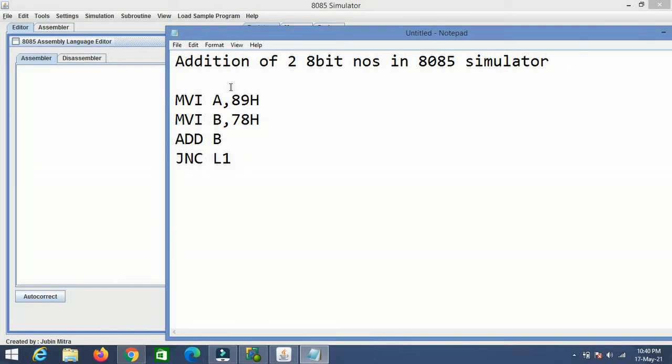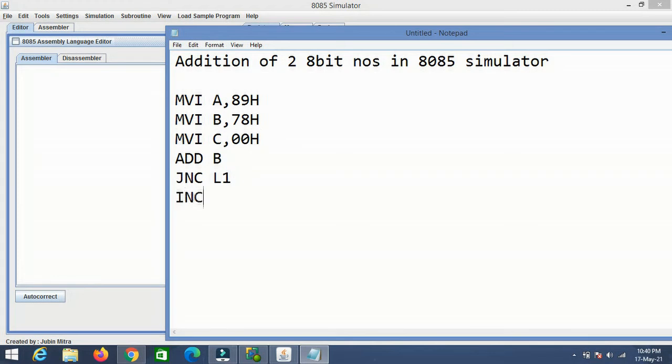Here I am not going to concentrate on how to program this addition of two 8-bit numbers; I am going to work with the 8085 compiler only. For that we require a C register for storing the carry. Whenever a carry exists, we have to store it in the C register.